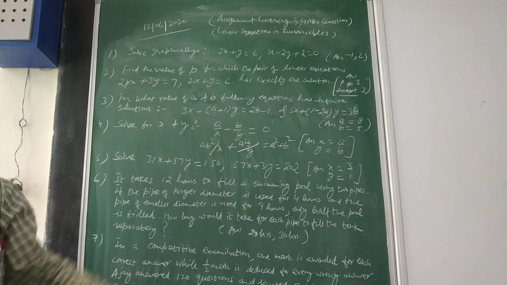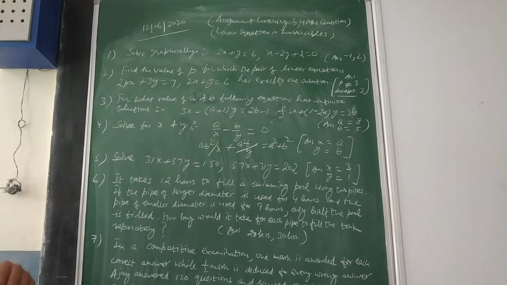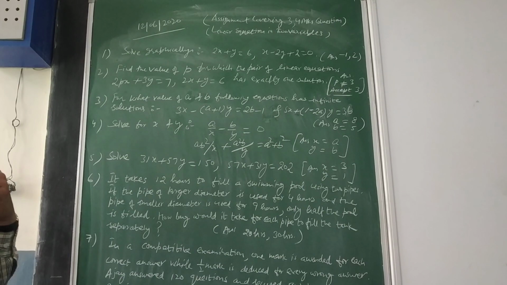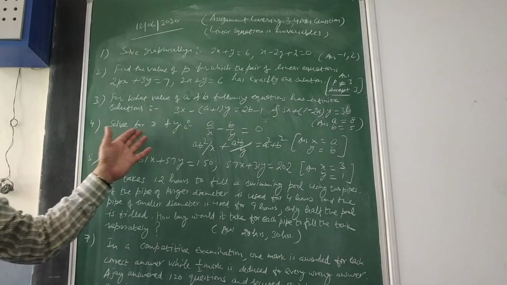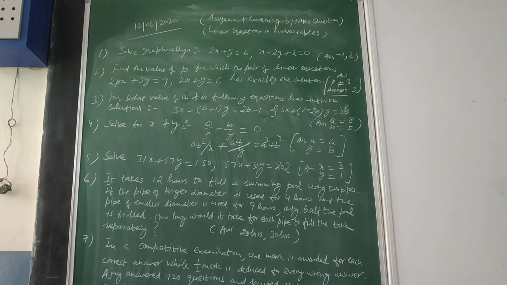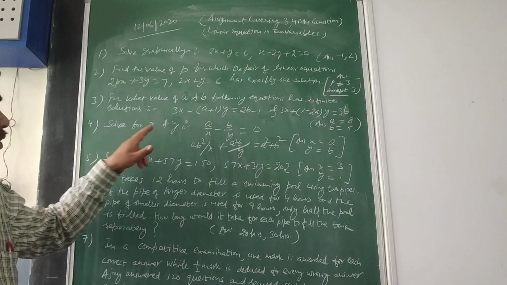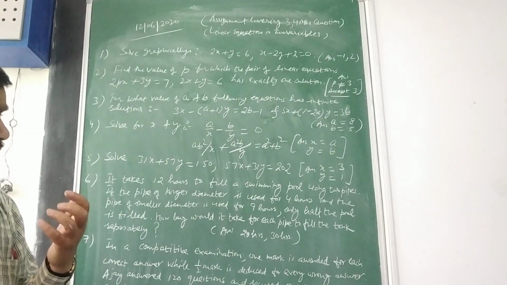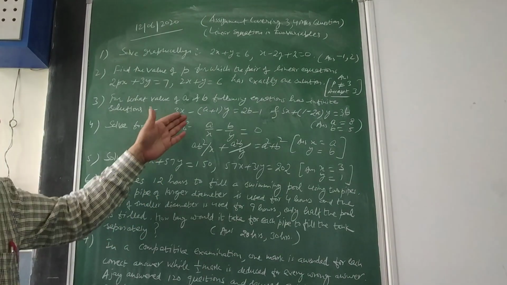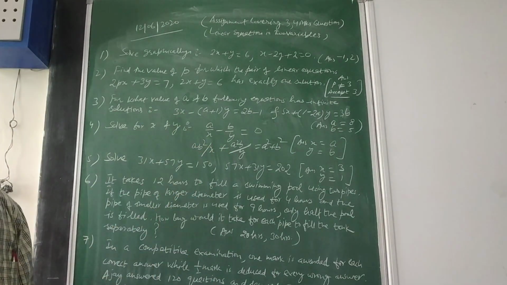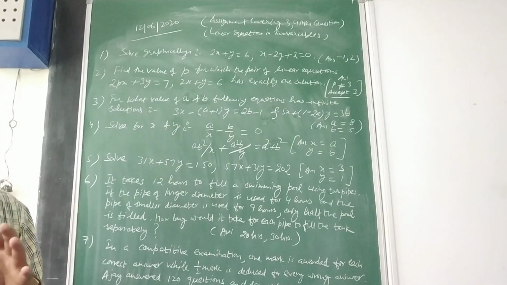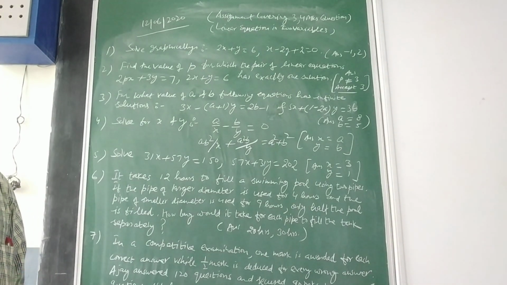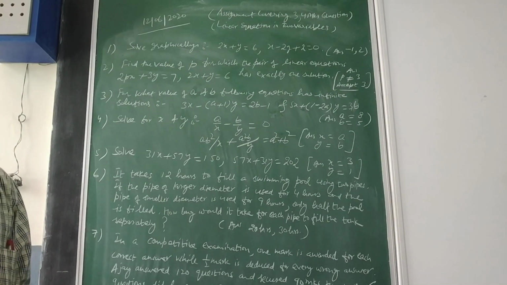For infinite solutions, the conditions are A1 upon A2 is equal to B1 upon B2 is equal to C1 upon C2. Any 2 sets of the equation you can form and then solve the 2 equations simultaneously and check whether A is equal to 8 or B is equal to 5 is coming or not. Then solve for X and Y. This is another category that you can find in your last, optional exercise, in terms of A and B when the variables are there. So this is not difficult at all. First of all, make up your mind. Now you have 3 options available with you: either the substitution method, the elimination method, or the cross multiplication method.